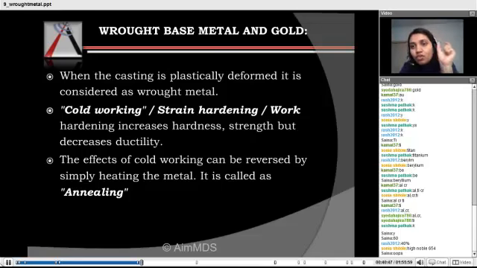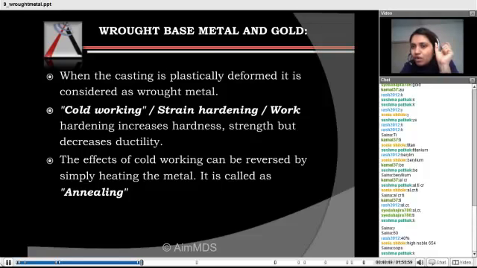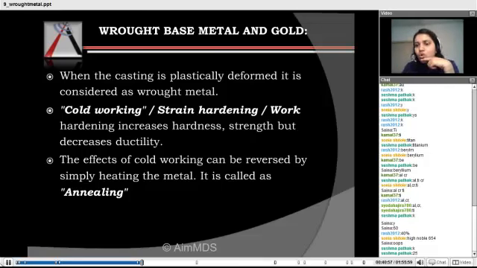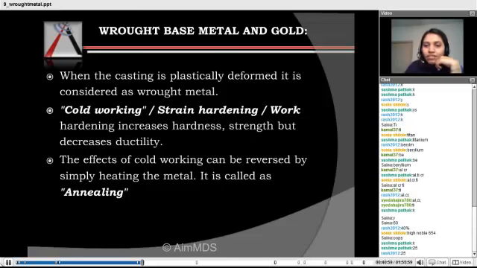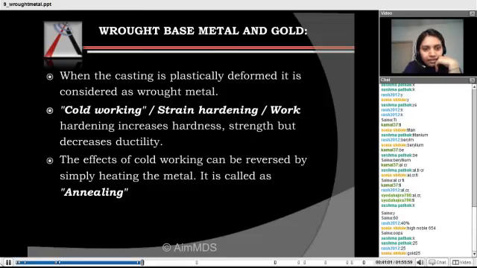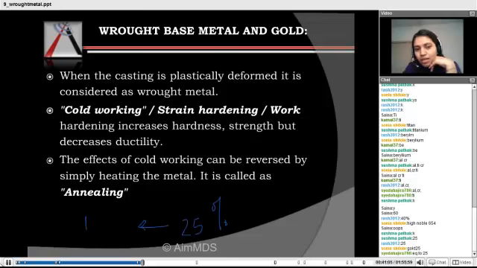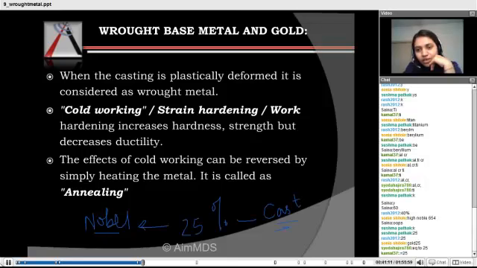Now do you remember the noble metal composition? How much was the percentage of noble metals in noble metal alloys? Okay, if I give exactly 25%, will it come in noble or will it come in cast? If I give 20,